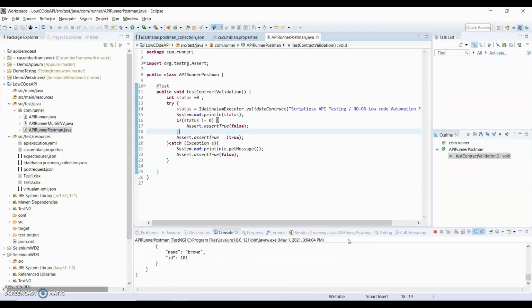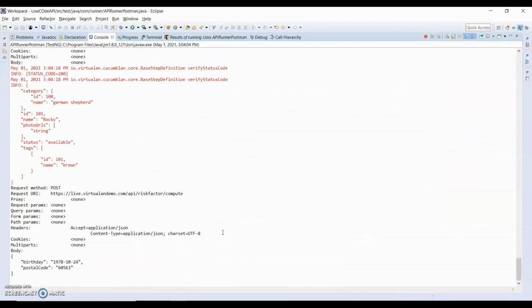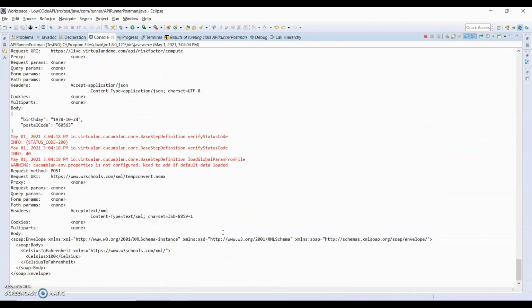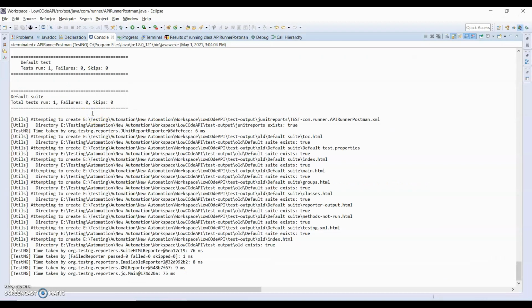Currently it is running all the test cases which I have mentioned here. You can see it has finished.